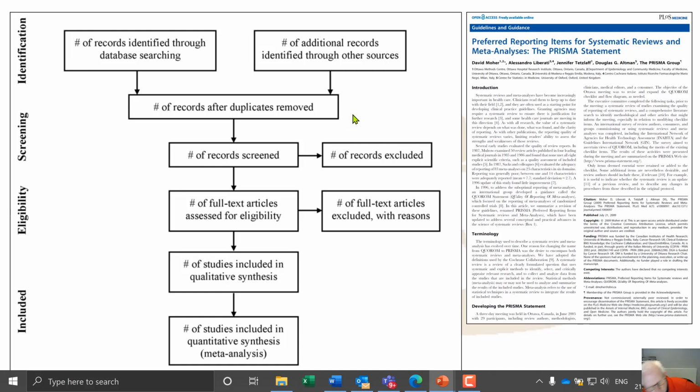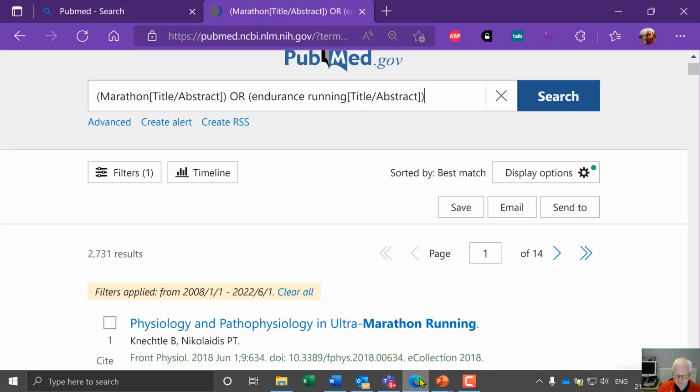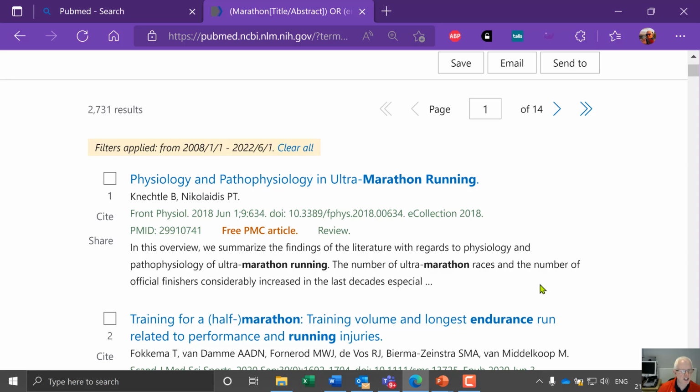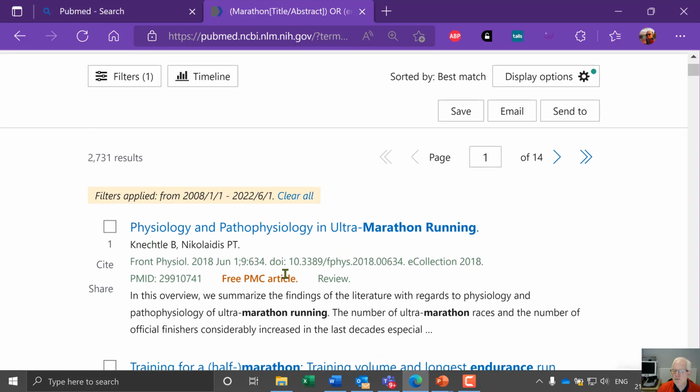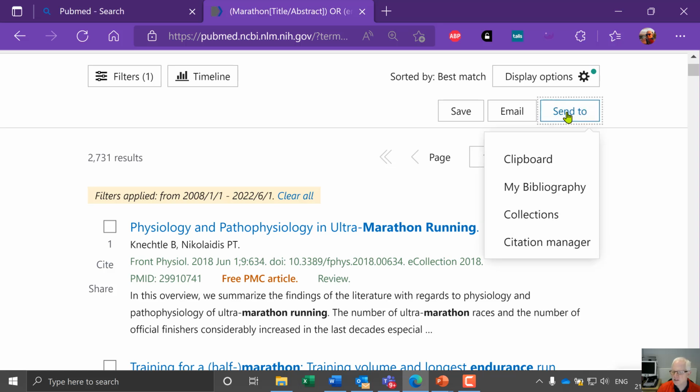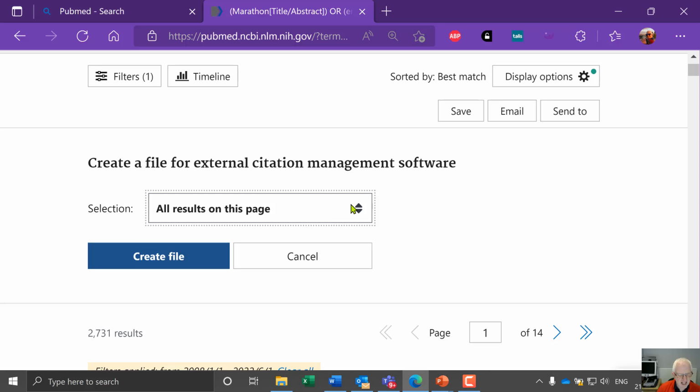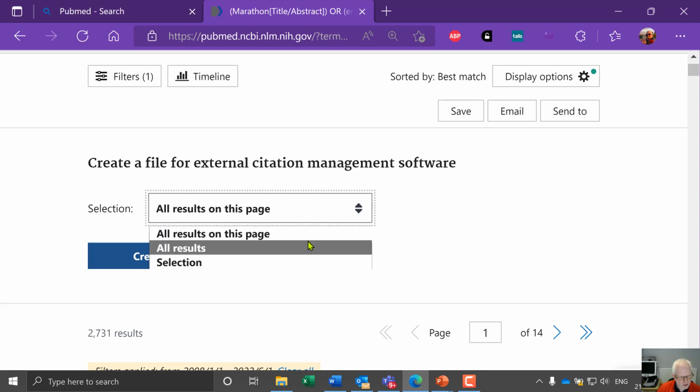Now what you have to do is, once you have got that literature, you can't simply just go through here, particularly if you're using multiple search engines. You can't just simply go, well, I'm going to search through here and find the papers that are relevant to what I'm doing. What you do is you send the information. So you click on send to here and you send it to what is called a Citation Manager. So if you click on Citation Manager and you say all results,